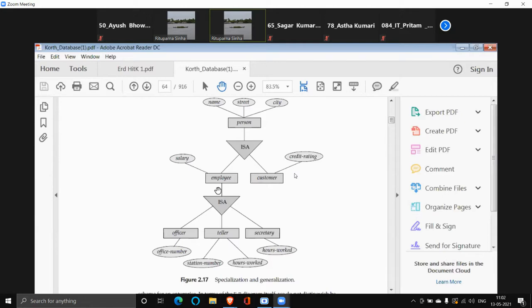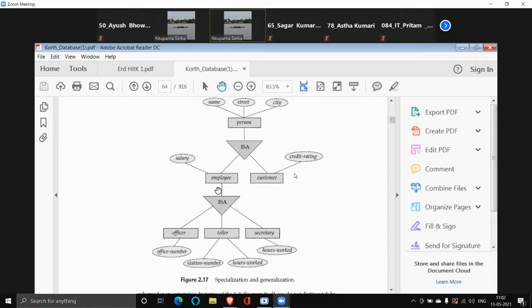Now employee has certain attributes. Those attributes are common for everybody. So if I have employee, the common attribute is salary. So salary will belong to faculty, salary will belong to technical assistants, salary will also belong to the librarian. Everybody will have the common attribute salary.